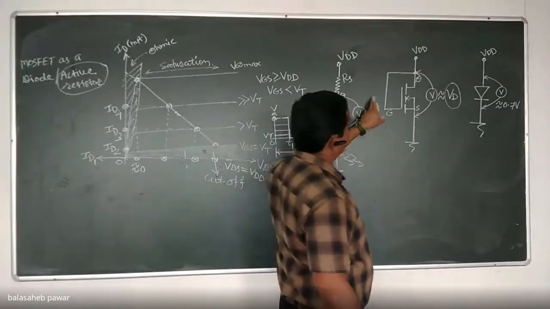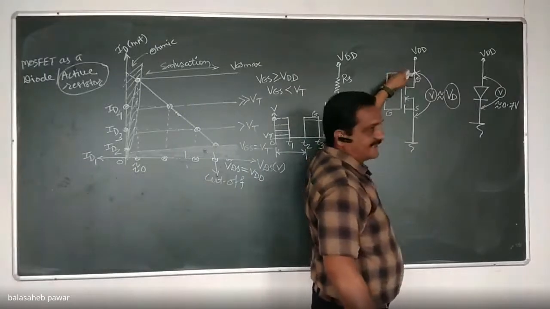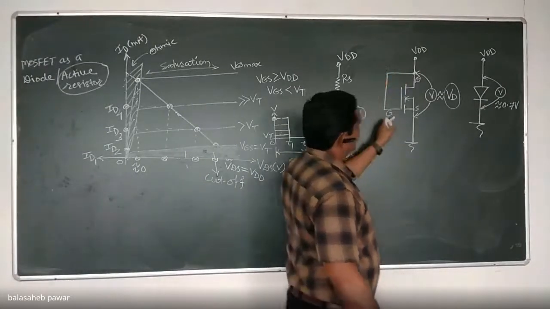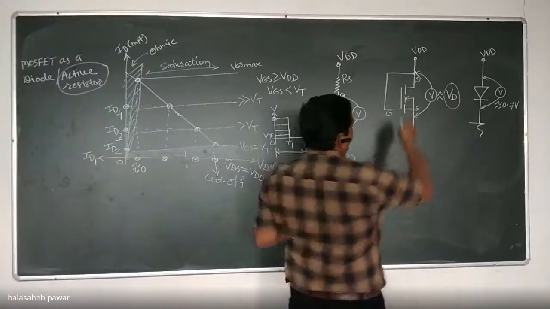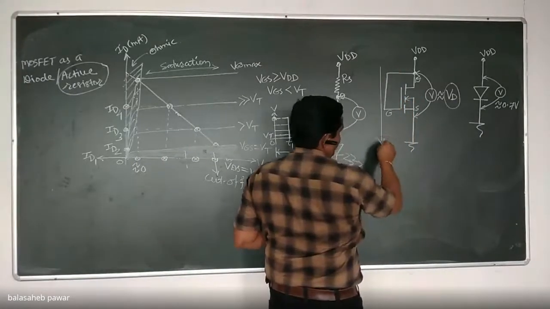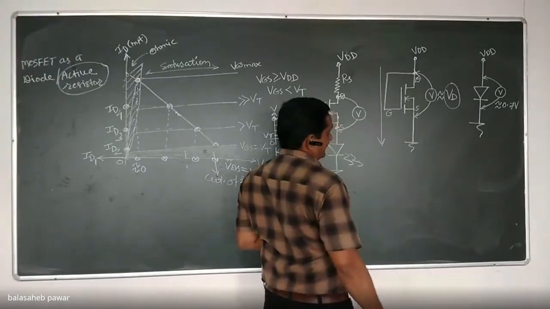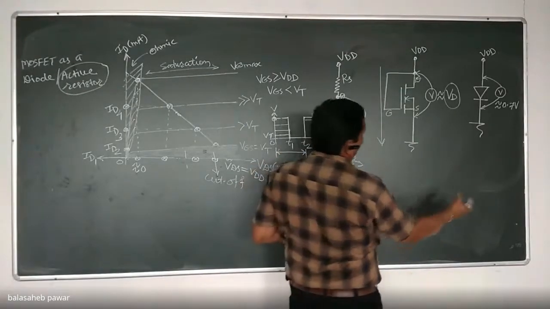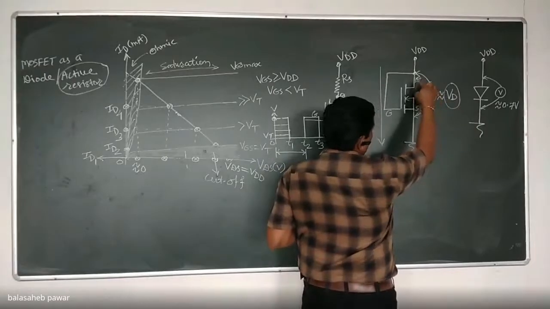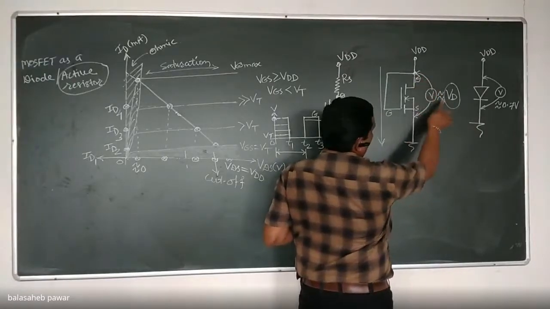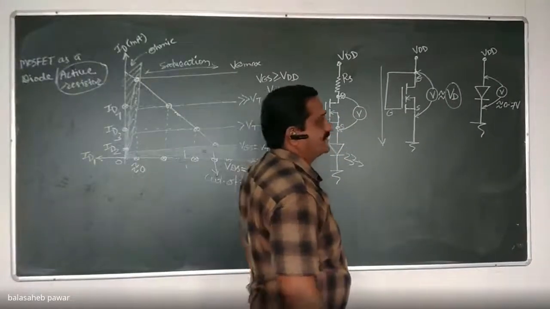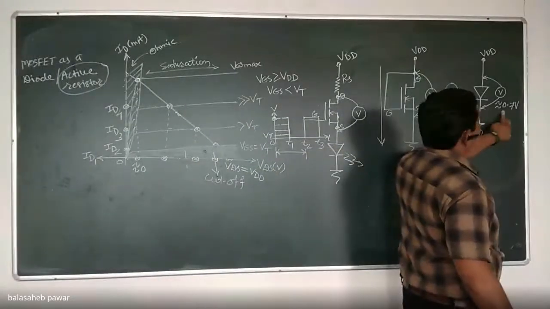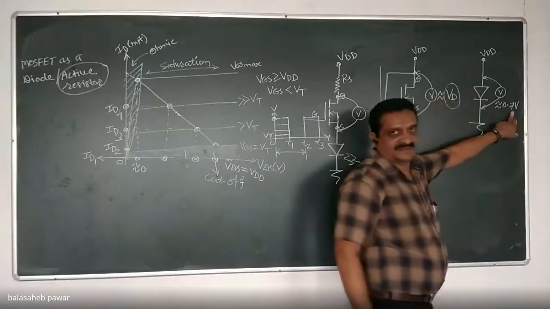Yes, sir. If the gate terminal of that MOSFET is tied, connected to the drain directly as shown, now it will go on to work as a diode. That means whatever current flows will be from drain to source in one direction only. Similarly, how much will be the voltage drop across that MOSFET, that is between drain and source? It will be approximately equal to VD. VD is nothing but the diode drop. And generally the PN junction drop we consider is 0.7 volts.